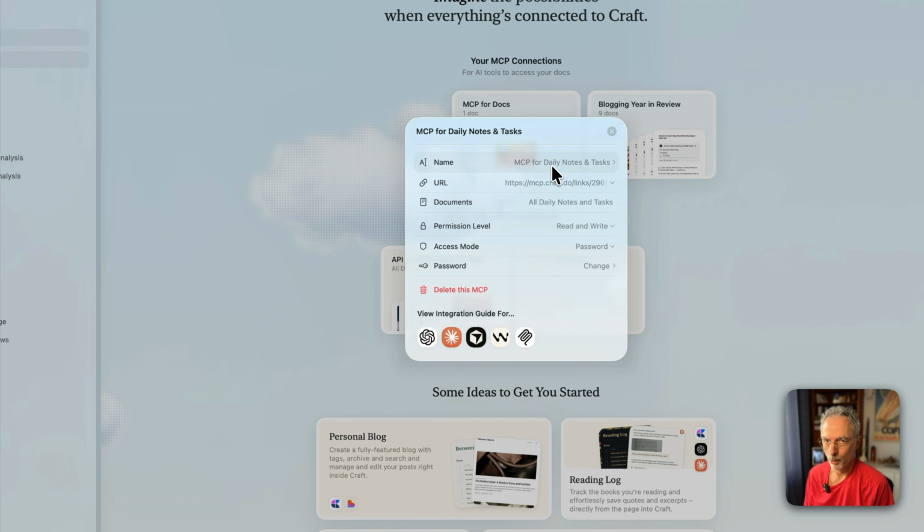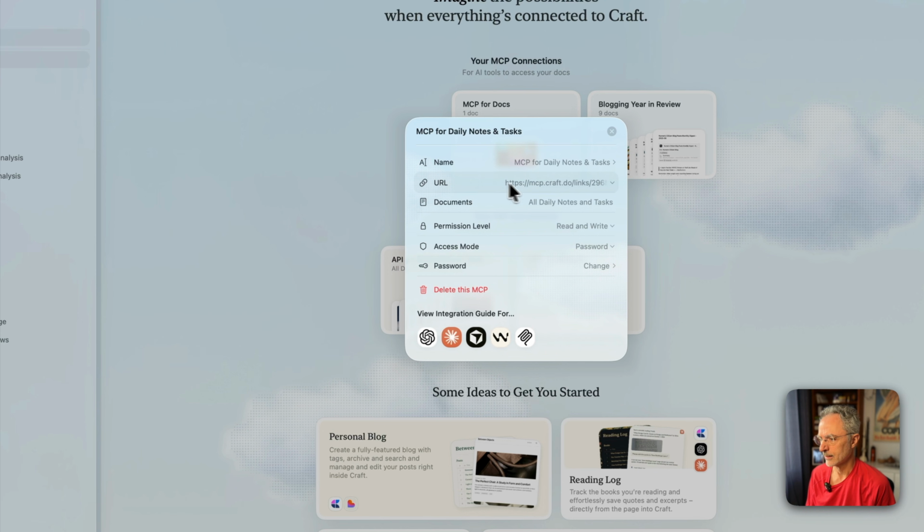The naming is important because, from my experience, depending on how you name the connection, it's easier to refer to that connection in a conversation or in the prompt with Claude or ChatGPT. That's the name I used before recording and testing the process. But if I were to do it again, I would change the naming to something more precise or less techy. I wouldn't mention the MCP. I would just write something like my daily notes and tasks, and that would be it.